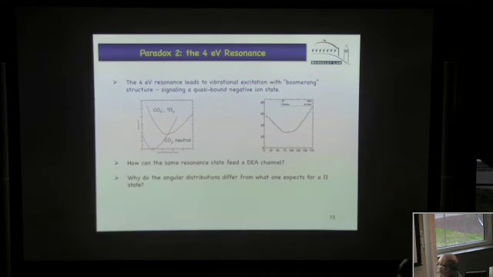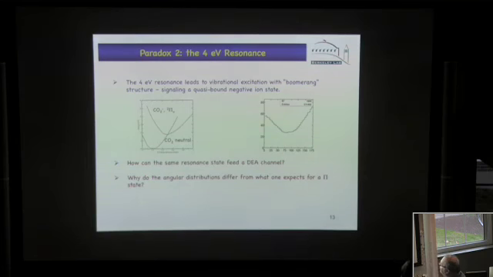Now, in a simple one-dimensional picture, the CO2 minus as a function of stretch sits in a well, right? So you put a wave packet up here, and it travels down and bounces off this outer wall and comes back, and that's where vibrational excitation comes from. And since it can survive for more than 1 or 2 bounces, that's why you get all these vibrational structures on top of this resonance peak. So how can that same resonance feed a DEA channel when it's not even obvious that there's an asymptote for it to go to?